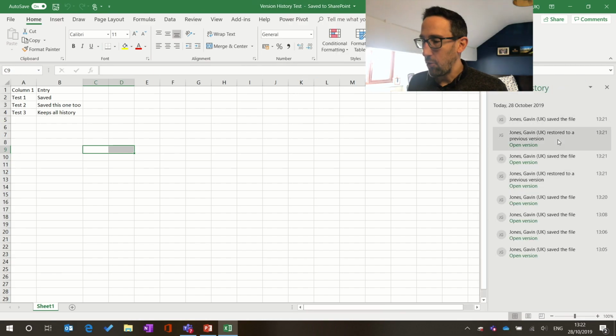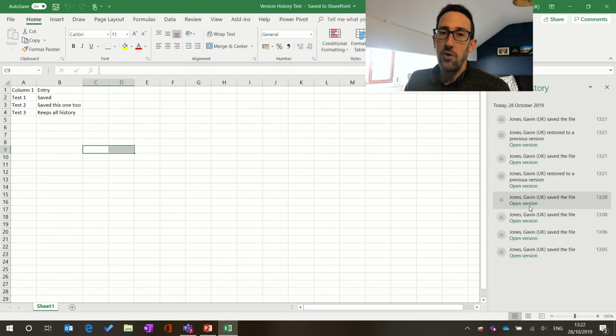So you can see I restored there and restored there, so it keeps track of everything that anyone's done. And obviously if there's more people working on this file, it'd be different names with the changes in there, and you can roll back and see whichever date and whichever person has done it throughout the entire history of that file. So a lot different if you're used to check in, check out on old versions of SharePoint or an old setup of SharePoint potentially, and even the major minor versions in SharePoint. All of that's gone now, and you can just see any change whatsoever in any of your files,